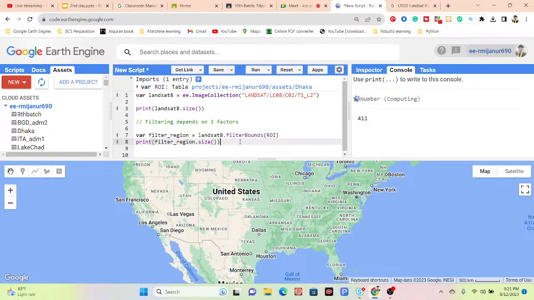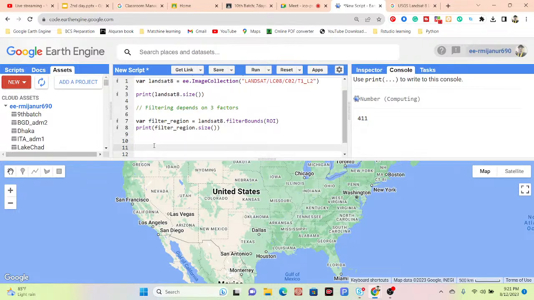Okay. In this time, I also need to filter. Suppose from 411 images, I choose only those images which will be not more than 1% cloud cover. For that, I take another variable. Suppose I put the variable name as filter metadata. You can use any variable name. And then the 411 images are stored in the variable filter region. Okay, so I simply copy that and paste here. From 411 images, I choose only those images which will be not more than 1%